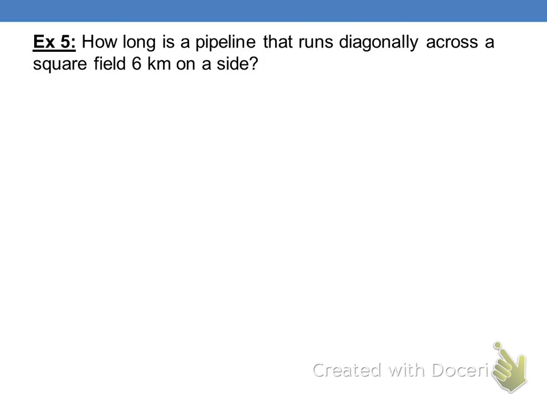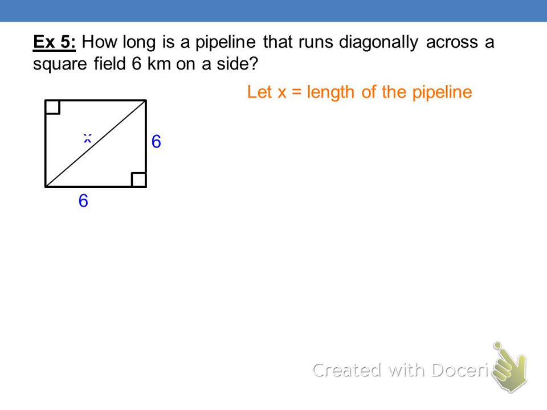Good. So I know that this is a square. In a square, if one side is 6, what are all the other sides? 6. So they're all 6. Same idea as the previous problem. I want a diagonal. So when you draw a diagonal, you create some right triangles, 2 of them, in fact. You can call the diagonal, which is going to be the length of that pipe they're cutting across the field, X, or you can just leave it C, whatever you prefer. So this is going to be 6 squared plus 6 squared equals X squared. So yes, you already said 36 and 36.